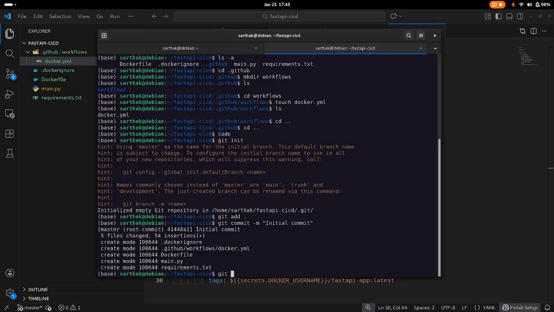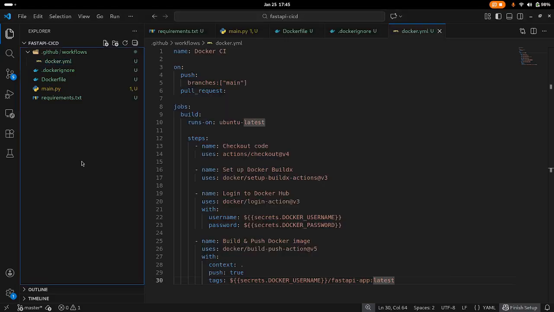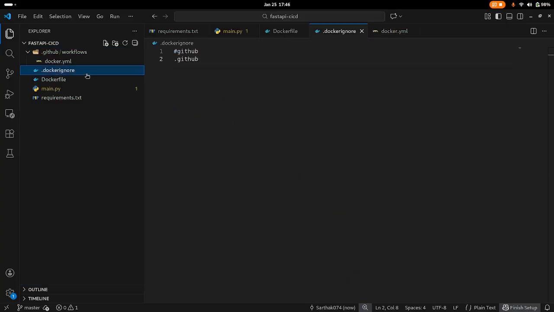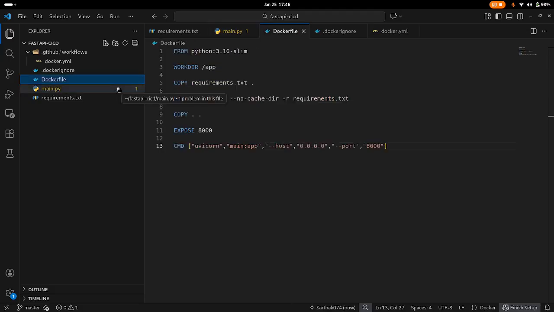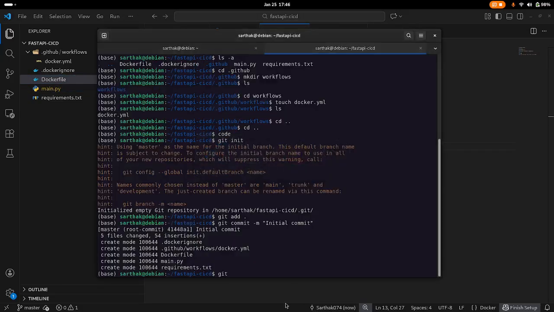Now here you can see all the things that are added, but I hope this folder is not actually put inside the GitHub, right? So after that we need to add git